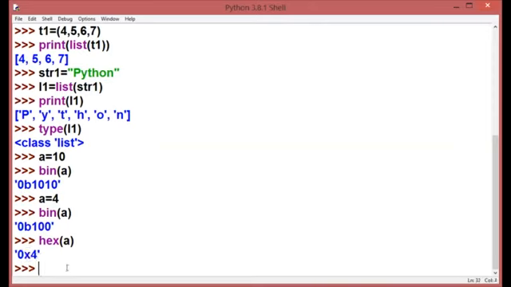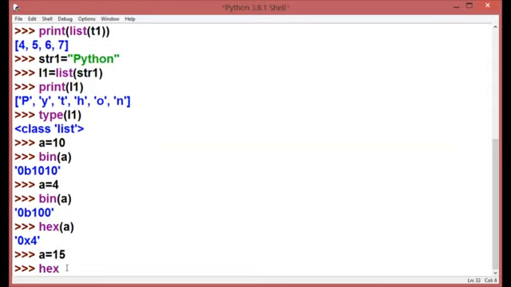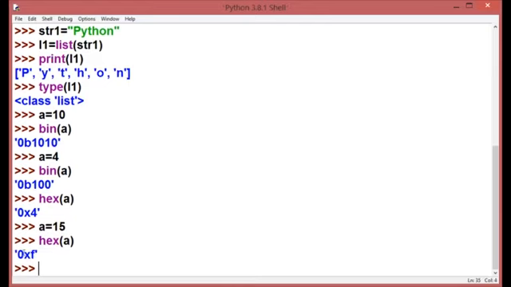Let's take another example. A is equal to 50, right? So if I convert it into hexadecimal number, I'll be writing it in this way and it will give me F. After the range 10 to 15, my hexadecimal codes are A, B, C, D, E, and F. That's why if I'm writing 15, it is converting me into the F alphabet, right?